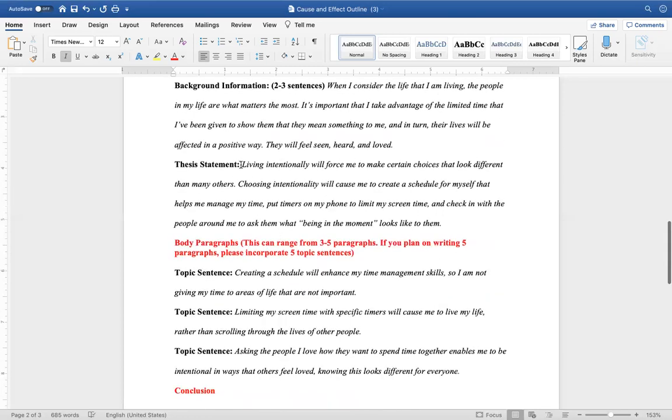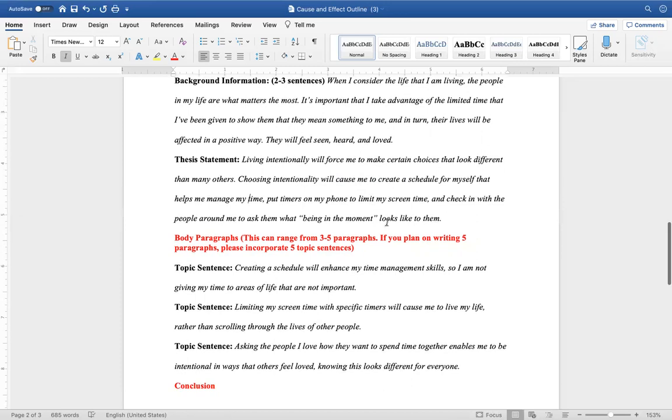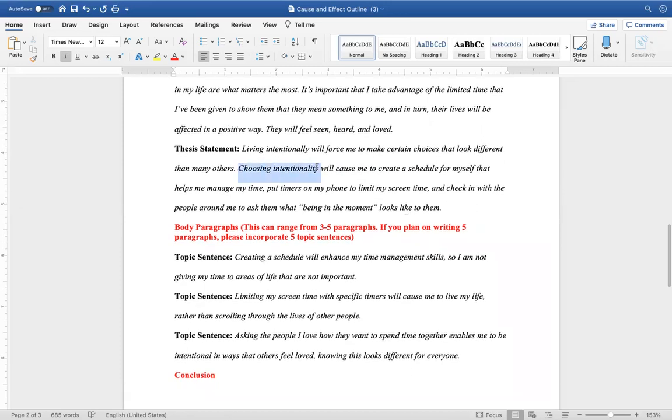And then here's my thesis statement: living intentionally will force me to make certain choices that look different than many others. Choosing intentionality, okay, that's the effect, will cause me to create a schedule for myself that helps me manage my time, put timers on my phone to limit my screen time, and check in with the people around me to ask them what being in the moment looks like to them. So, what I want you to see is very clearly here we have the effect, okay? And then we also have